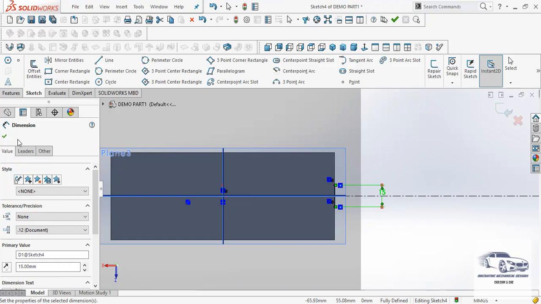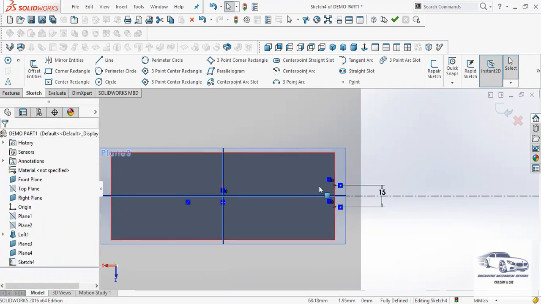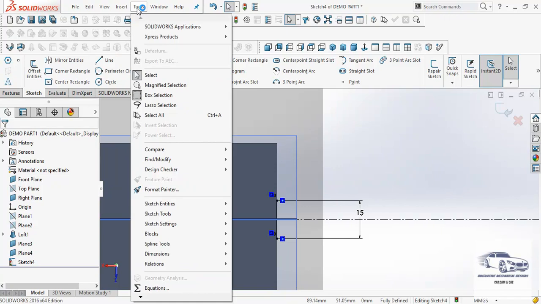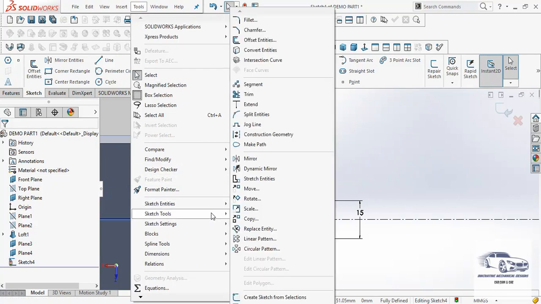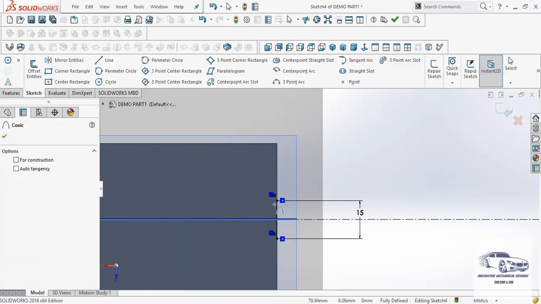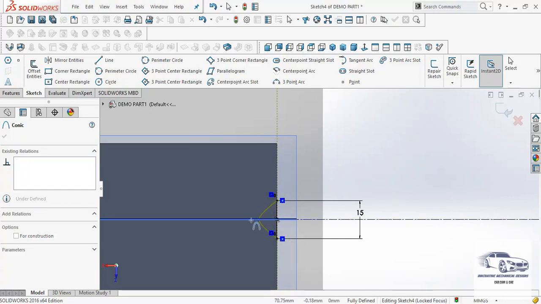Next, I have to create a conic arc as can be seen from the drawing. So here in sketch tools we have an option of creating a conic arc. So this is a conic arc, 2-point conic arc. We can take the end points as the end points of the line and create it like this.